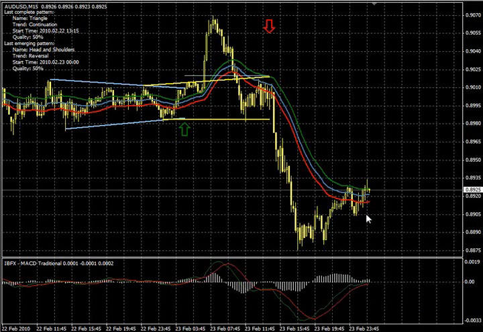Again, breakout higher through resistance, the MACD has to be positive, and a breakdown lower through support, the MACD has to be negative. And again, this is that MACD traditional. I like this histogram reading a lot. That's my preference. It's a signal line histogram, and what it does is it gives me a visual indicator of short-term momentum trading. So you have to find a market that is not trending, which is what this 15-minute Aussie